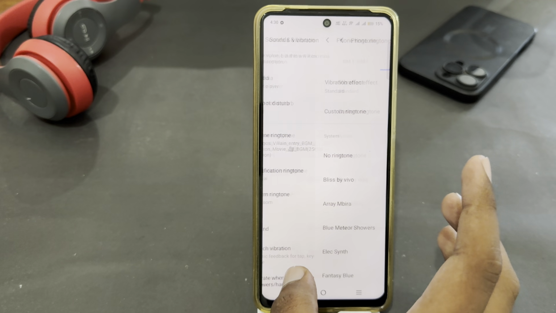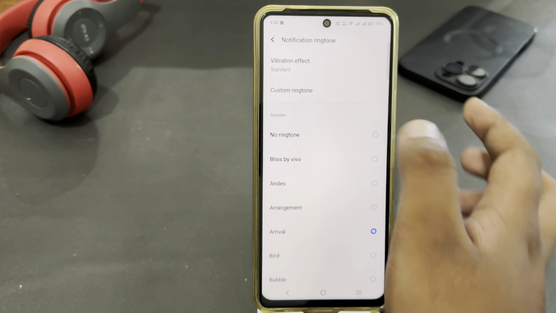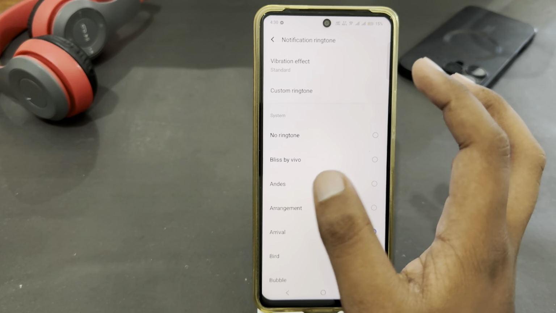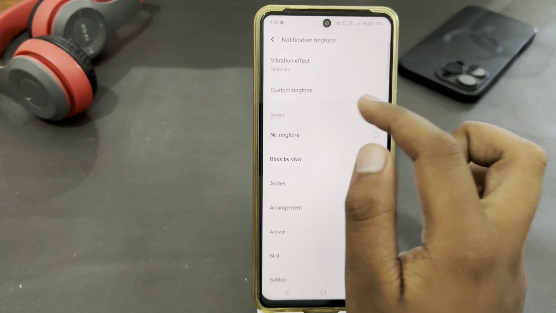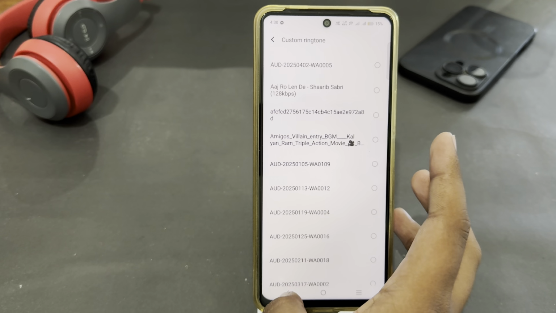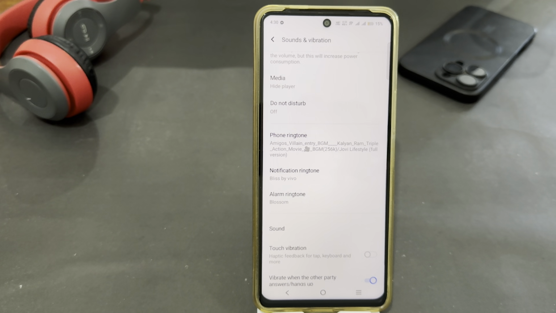After selecting ringtone, just go back and look for notification ringtone, select it, then you will get the list of different notification ringtone. You can easily select one of them. If you have, you can easily select custom ringtones from your gallery audios, and after selecting, just go back, and that's how you can easily set or select your own ringtones in your